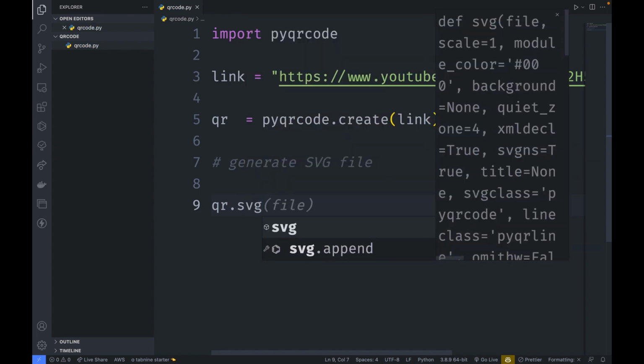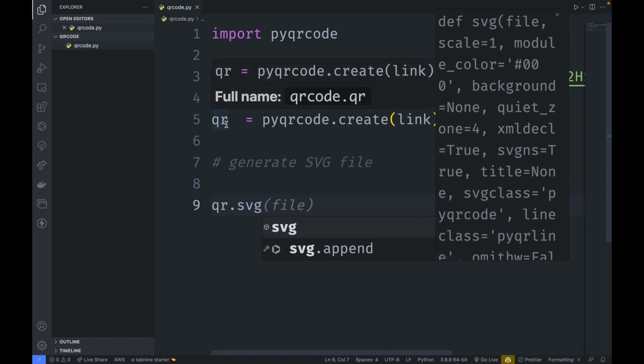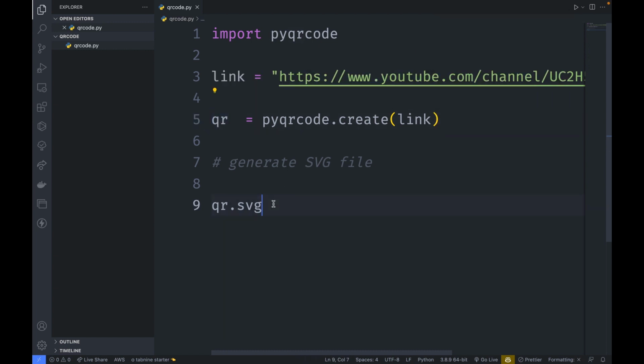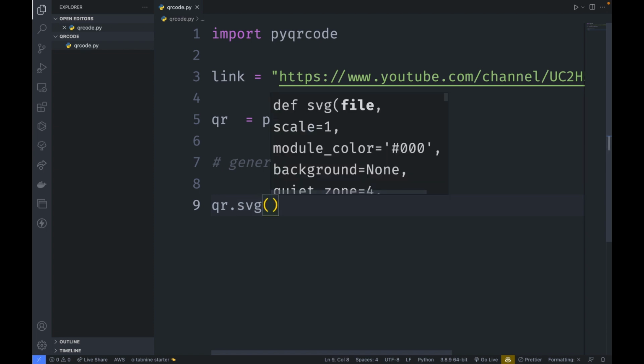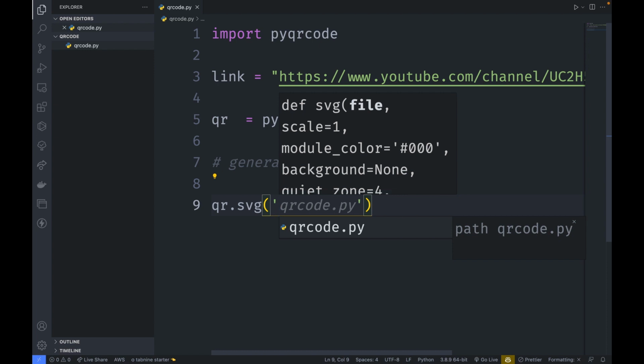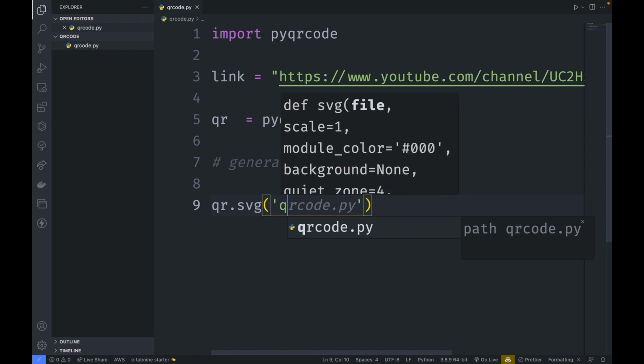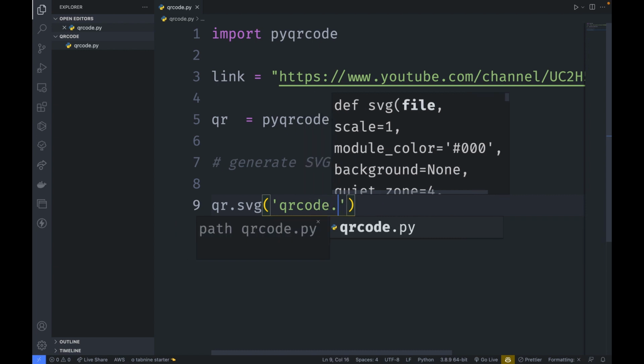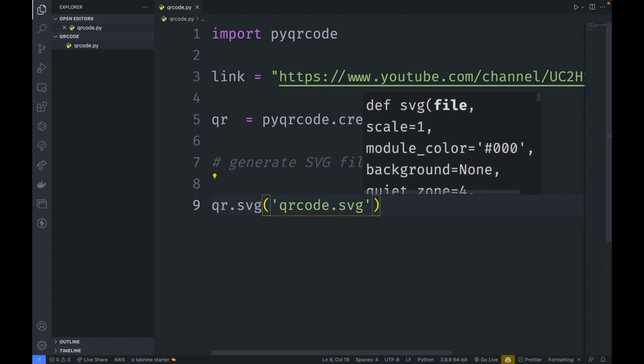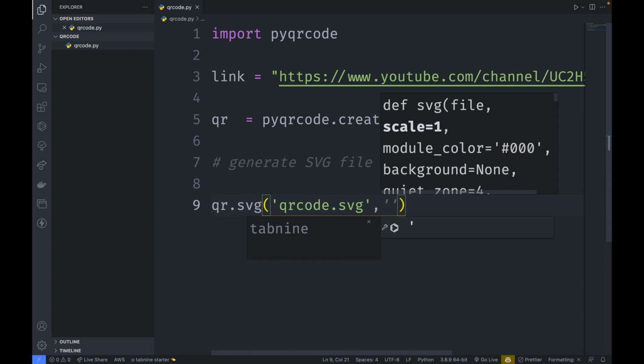So svg is a method in the QR variable. So I type svg, then I specify the name I want to use for the SVG file. So I'll use qrcode.svg. Then the next property that I need to pass is the scale.